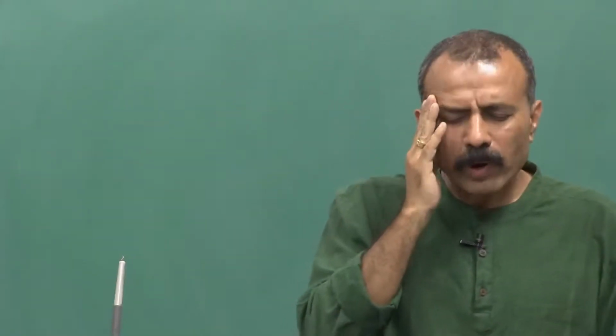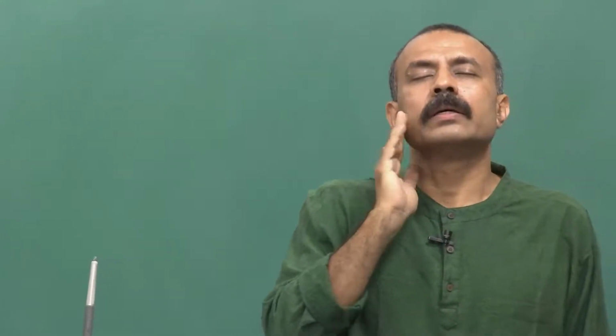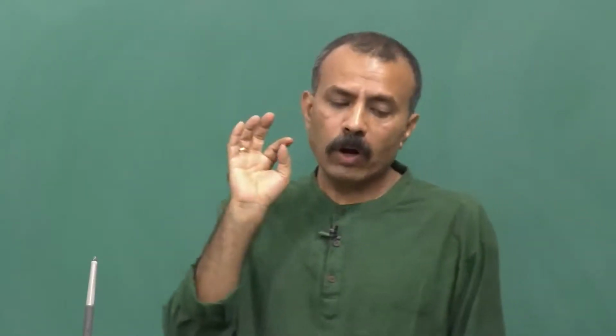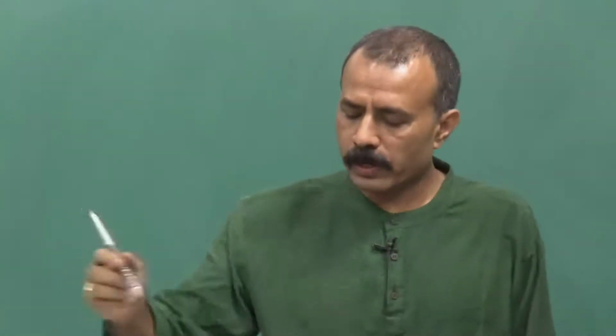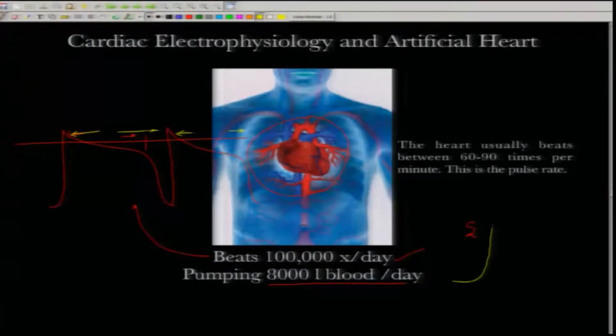So these are possible reasons why, evolutionarily, the cardiac myocyte follows this kind of action potential pattern. It is believed that these patterns give the cardiac myocyte a window to rest,